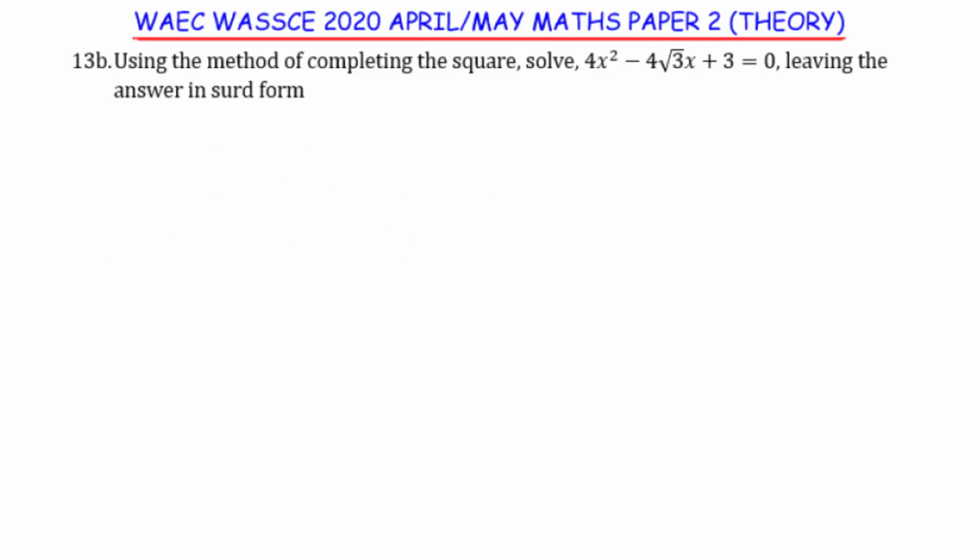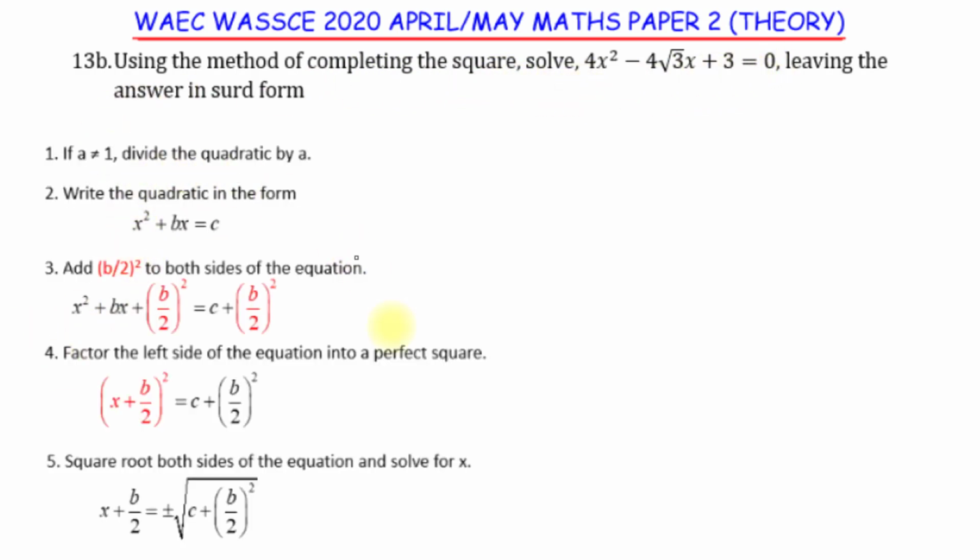Here in this question on solving quadratic equations with the completing the square method, we are told to use the completing the square method to solve the equation 4x squared minus 4 multiplied by root 3x plus 3 is equal to 0. So the question before us is, how do we use the completing the square method to solve this? As a guide, this particular list of steps can help us effectively solve this question.